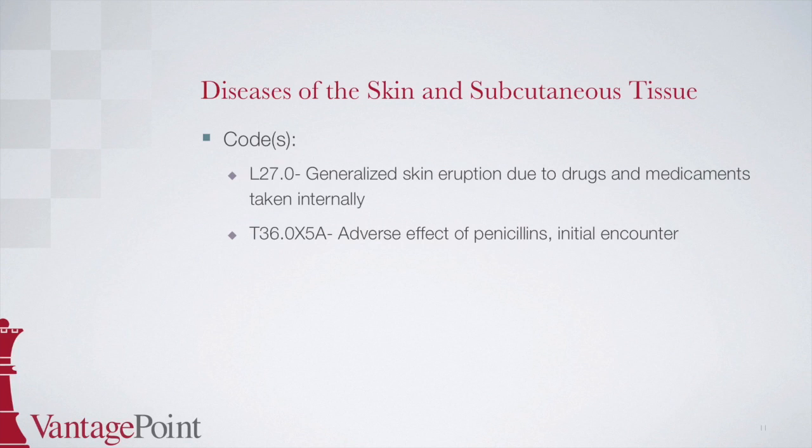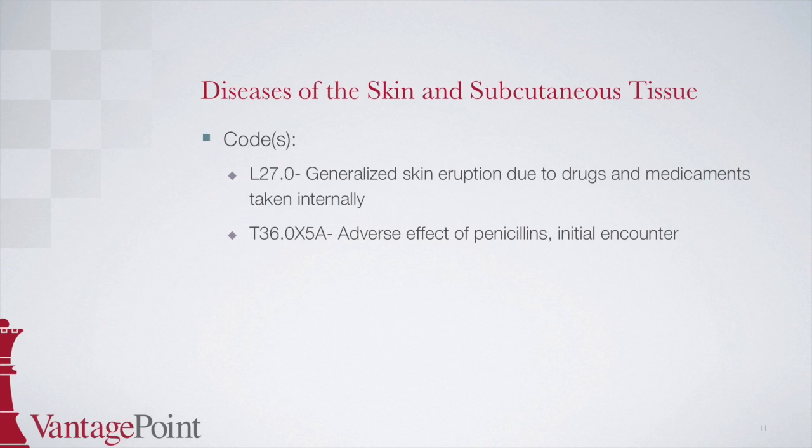Therefore, the second code is T36.0X5A, adverse effect of penicillins, initial encounter. To find this code, you must go to the table of drugs and chemicals in volume 2 of your ICD-10 book, which starts on page 339 of the Optum 2015 ICD-10-CM Expert for Physicians. From here, look for penicillin, then look across to your right to the column for adverse effect, which gives you a code of